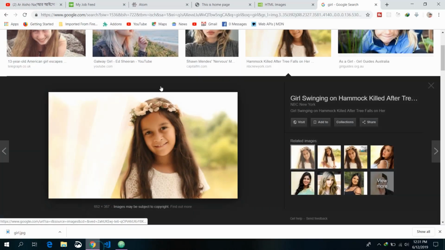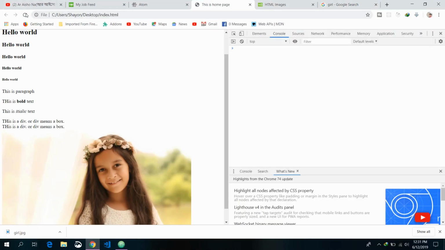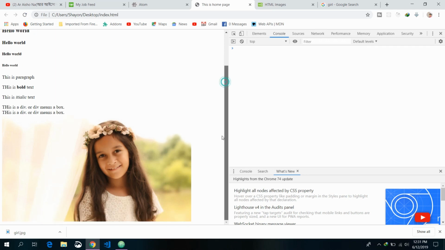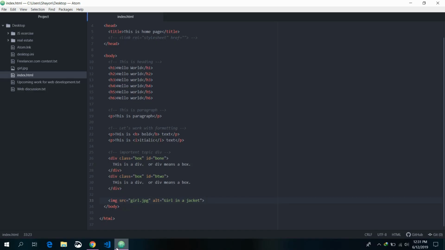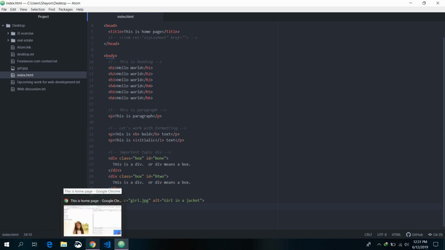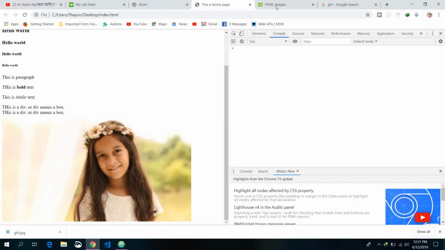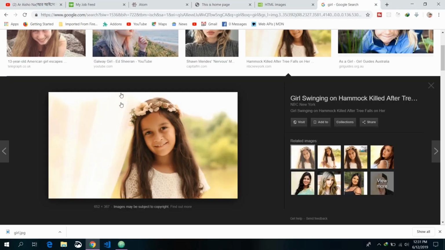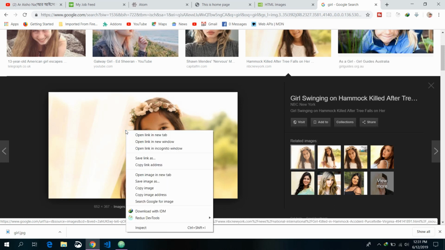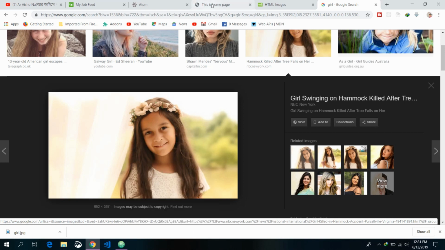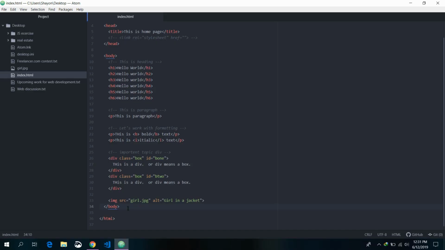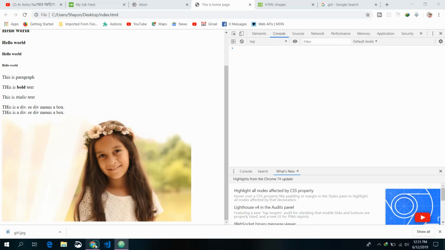Save it and reload the page. It will show this image again. Now this time we are loading the image from our local machine, that means from our desktop. But before, I showed you how you can load an image from a website: just right click on it, copy image address and paste it inside the source attribute. Okay,